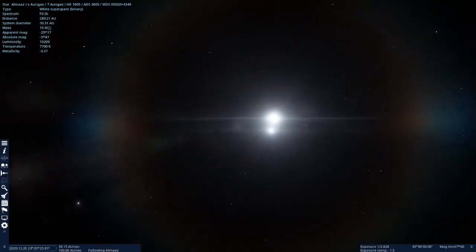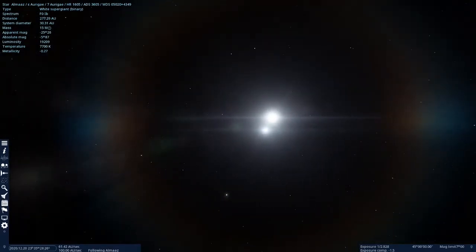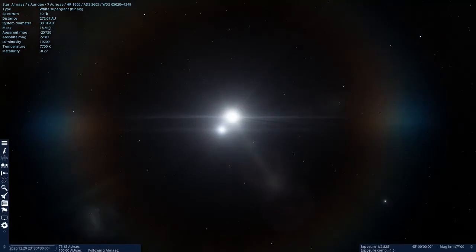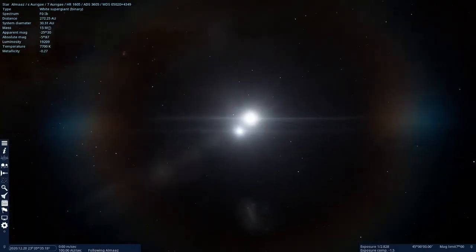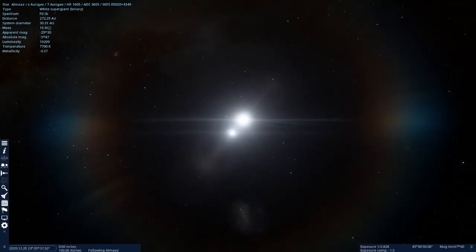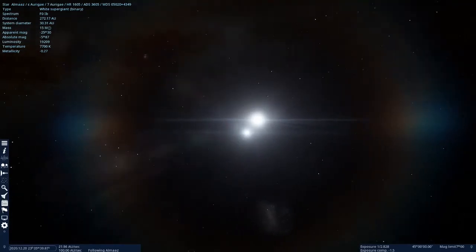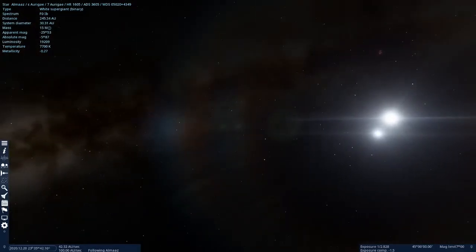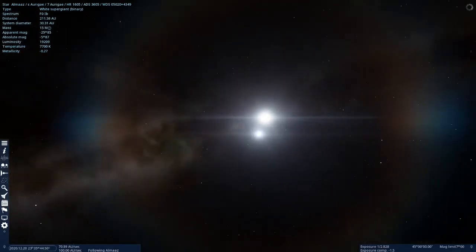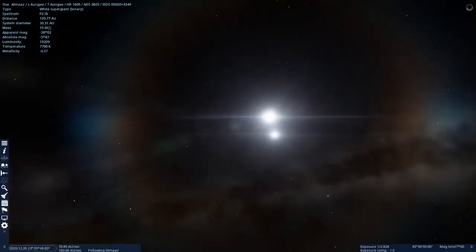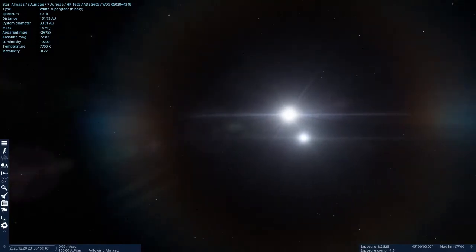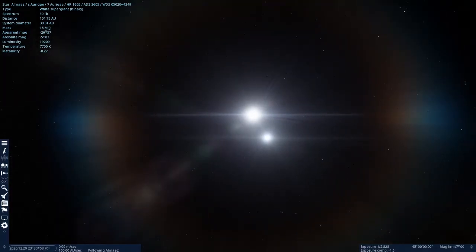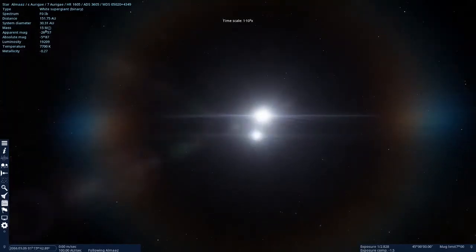Well, they don't seem to have that modeled in this. It sort of looks just like an ordinary binary. There's that damn LMC again. Now I have noticed that it does model stars orbiting around each other.